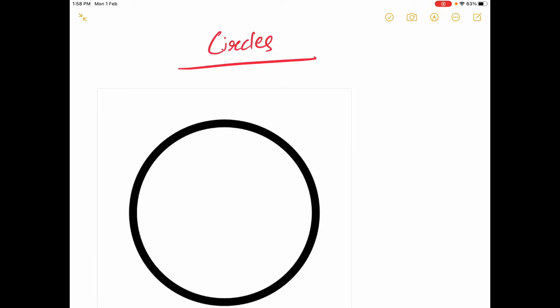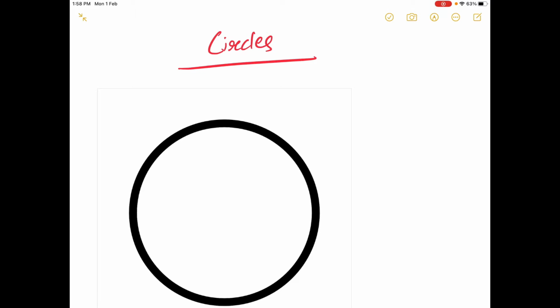Today in this video, we are going to start our new chapter, that is chapter Circles for class 9th. As we have come across many objects in daily life which are round in shape, such as wheels of our vehicles like cars and scooters, and bangles, dials of many clocks, coins of denominations like 50 paisa, rupees 1 coin, rupees 5 coin, rupees 10 coin, and buttons of shirt, etc.